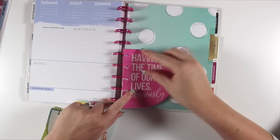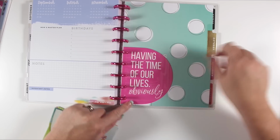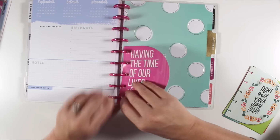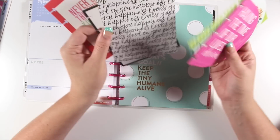So you could put something like this right down and actually just glue it. And it doesn't look out of place and it doesn't look crazy and it's not going to make people know that you've converted it over. But it's a very easy fix. Very easy fix. And these inspiration cards came in the